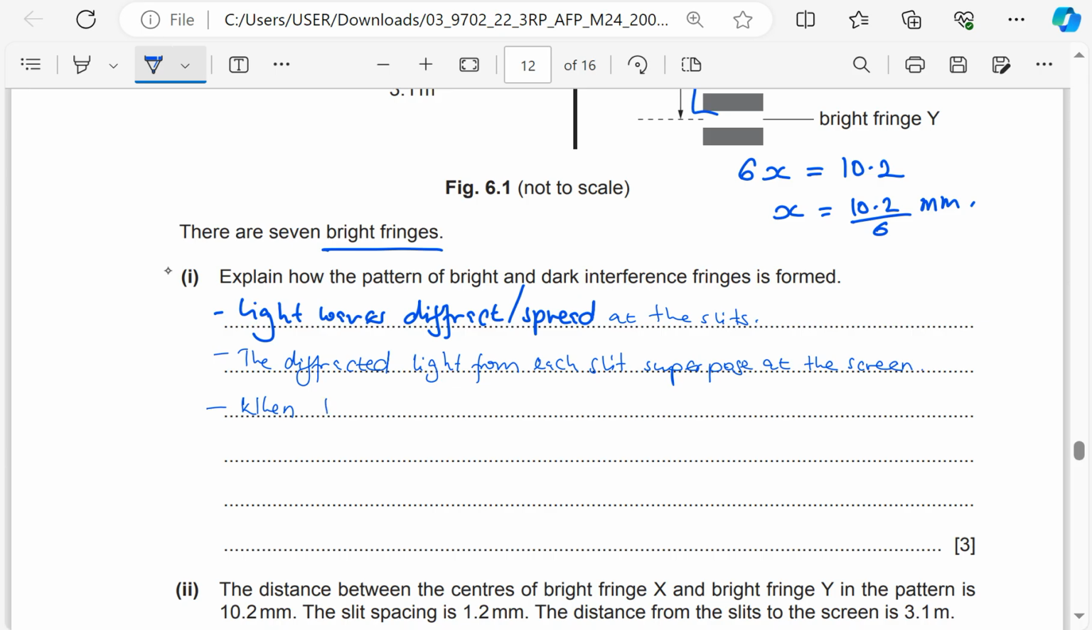When the phase difference, you could mention path difference. Of course, phase difference is 0, path difference is also 0 for maximum. Then phase difference is 180, path difference is lambda over 2 for intensity minimum. So when the phase difference